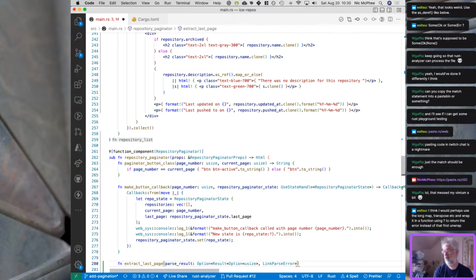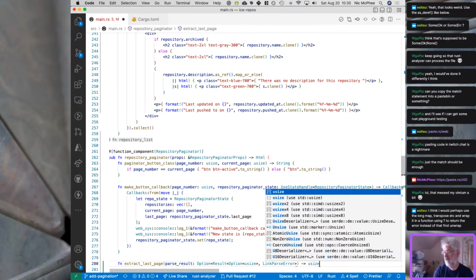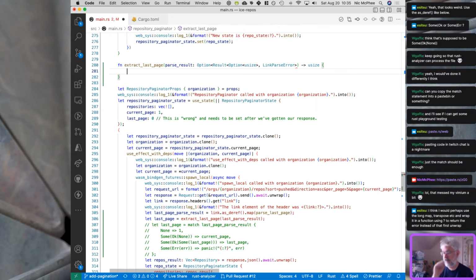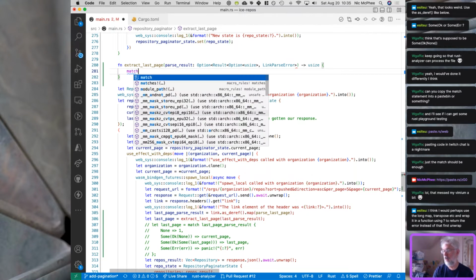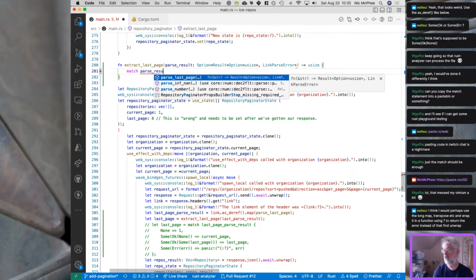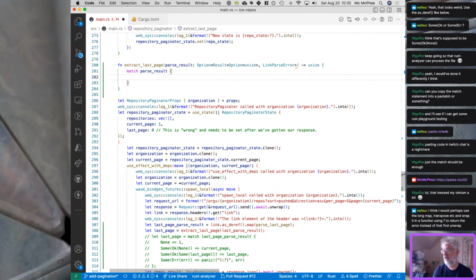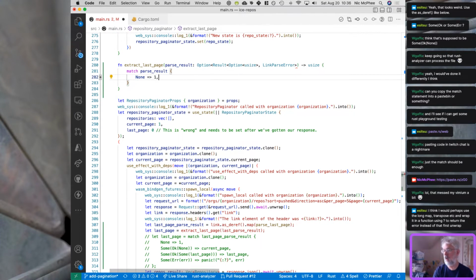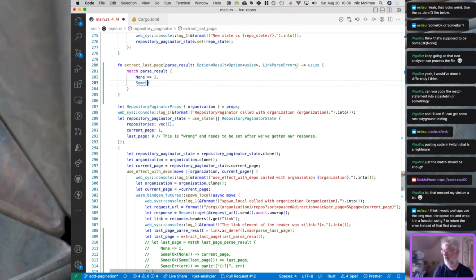Boom. And we're going to get a usize out of that. Now match parse result, and if we have none, we'll return 1. If we have some,